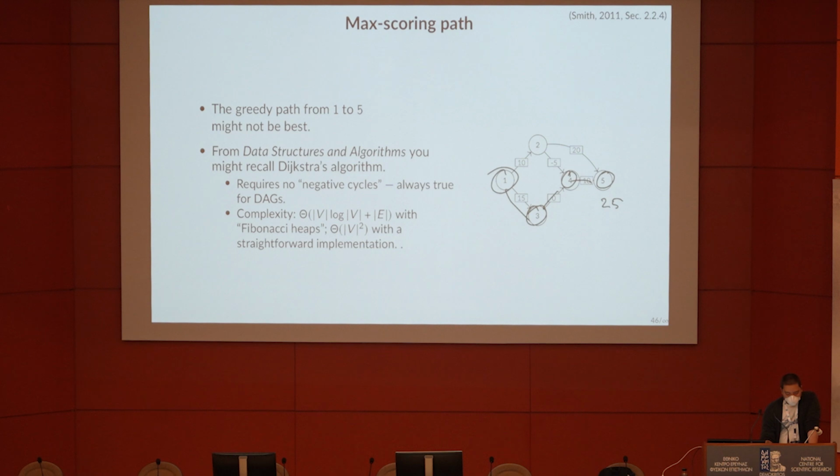But you'll see we got misled, because if we took the less appealing decision here at the first step, we could get a score of 30. So we cannot make decisions locally quite like that, greedily. On the other hand, there are efficient algorithms that can find optimal paths in graphs in general. One such algorithm is Dijkstra's algorithm, which is a standard one that you probably saw in school at some point. So this works